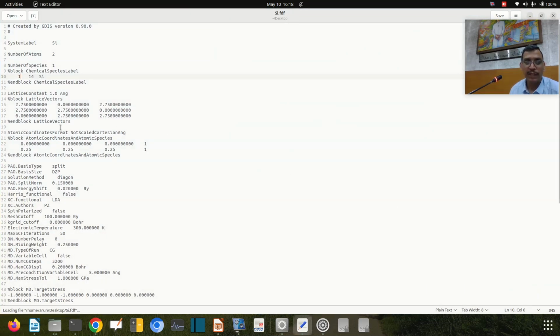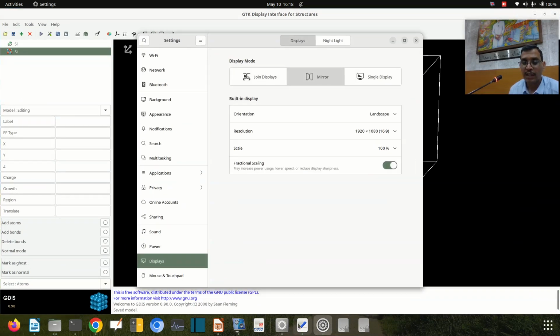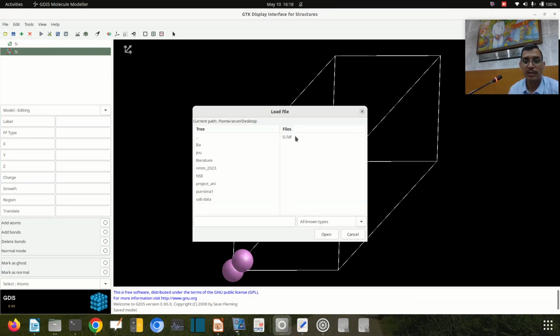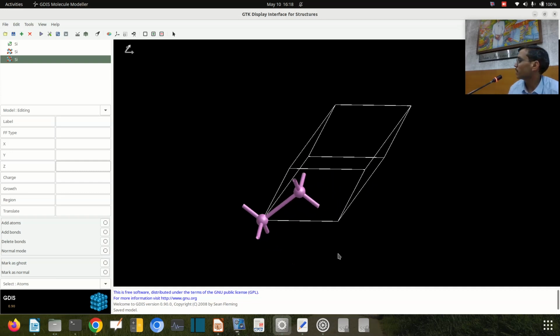That means if in place of this I use fractional, it's fractional. So when I do it, I am again opening it. See, this is the diamond like structure of the silicon,